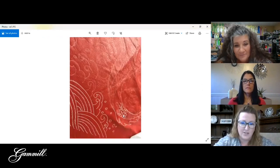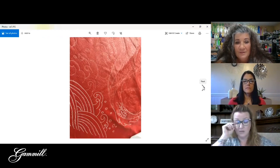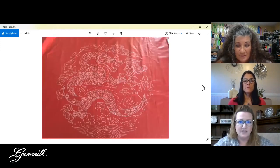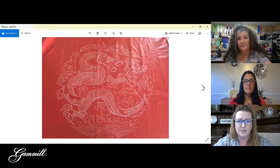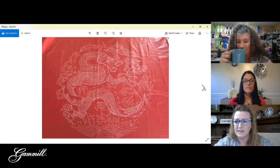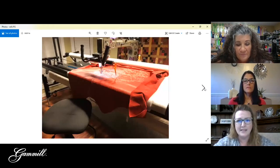You can see where I've started on the bottom with an actual white leather marking pen that rubs off. Those marks stayed a lot better, so you can see the difference. That was a big learning process for me, and like I said, that's why it's been my favorite. And then the next thing I learned was